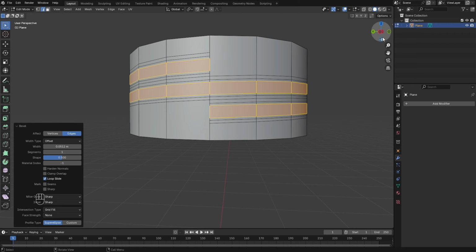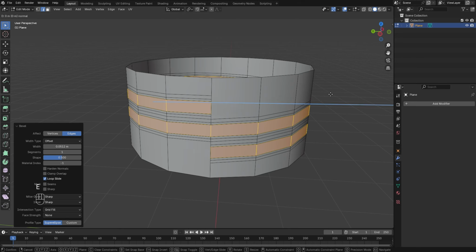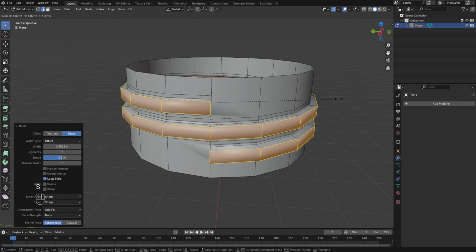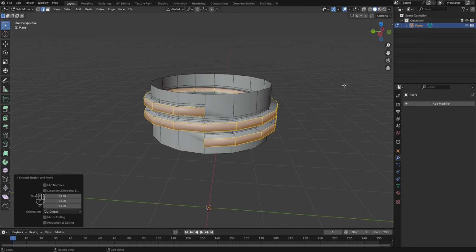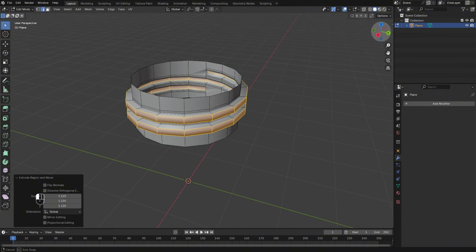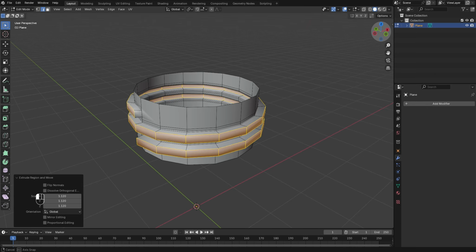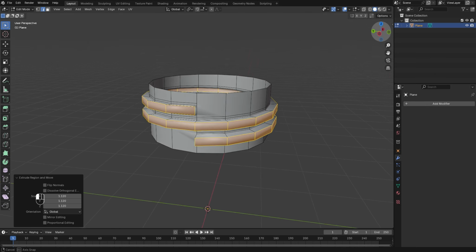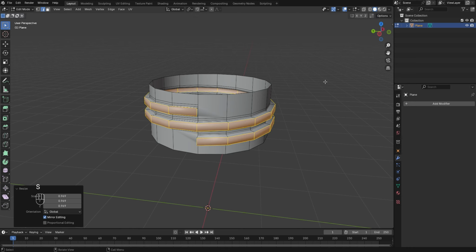All right, so now let's extrude this. Press E and S to scale, like so. All right, so we have something like this. This is going to be our top side. All right, so something like this. Let's scale it a bit in. All right, so now